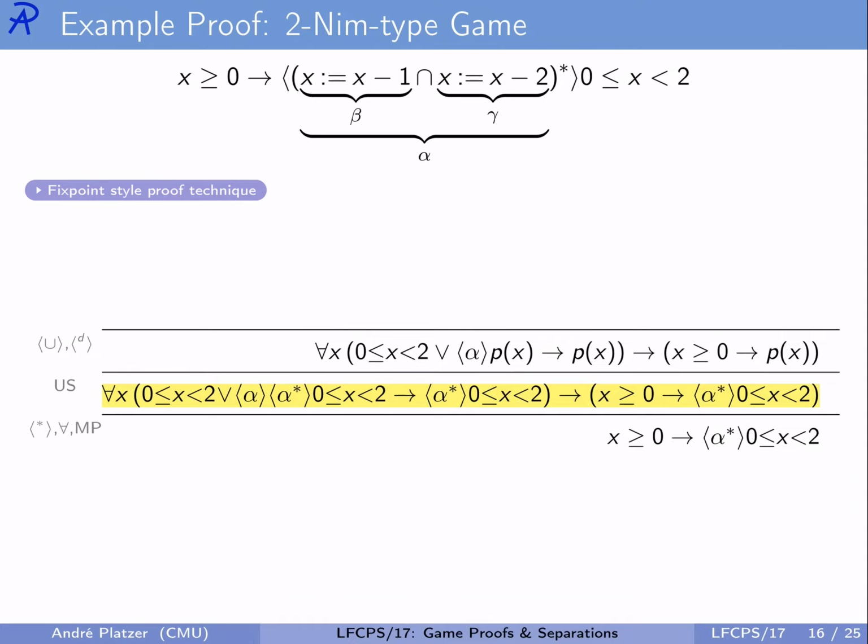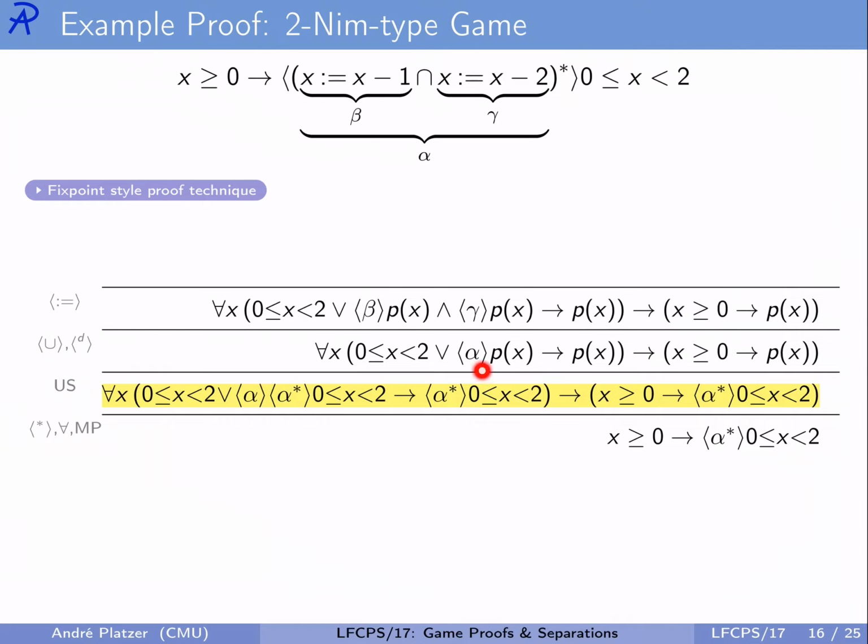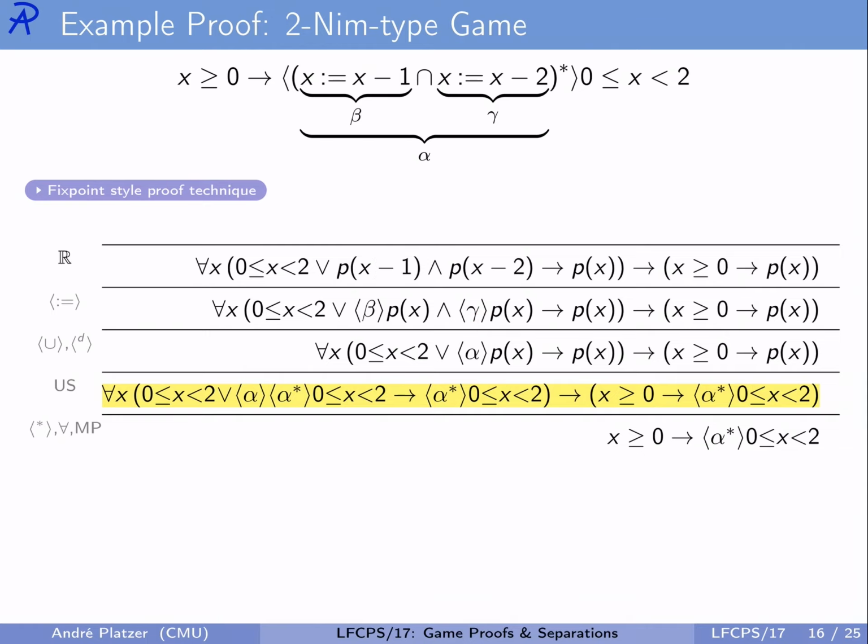Now what we can do is work on alpha, which now has just no more loops, and say, well, here we're asking whether Angel has a winning strategy in Demon's choice, which of course requires her to have a winning strategy in both of the possible outcomes the Demon could be choosing. So both when Beta runs and when Gamma runs. Okay. Now, by the assignment, x minus 1 is plugged in for x, so we're asking the question whether p